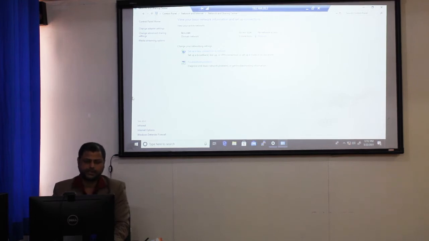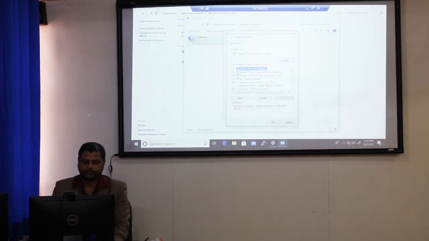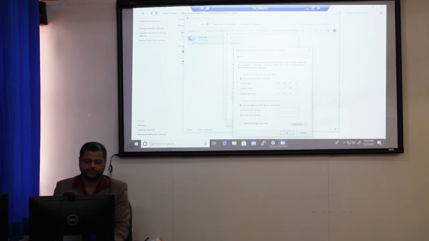You can see this is the interface of the system which is connected to the router. You can see the IP has been set for the local administrative port. The router is connected to that. The router's gateway IP address is 192.168.20.1 and the system IP is 192.168.20.2 with the subnet mask of class C, that is 255.255.255.0.